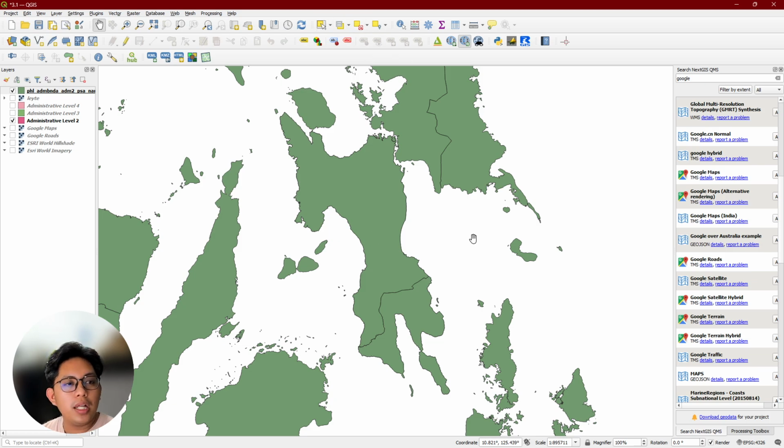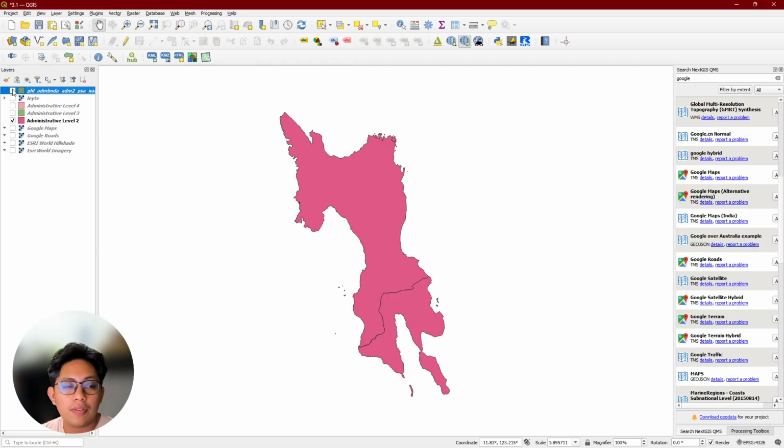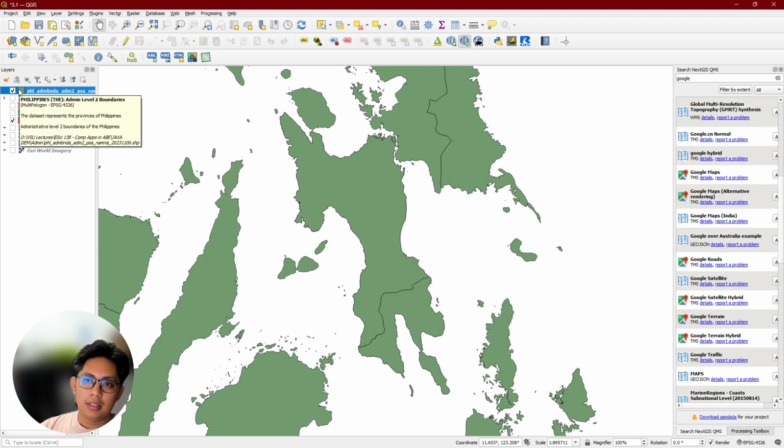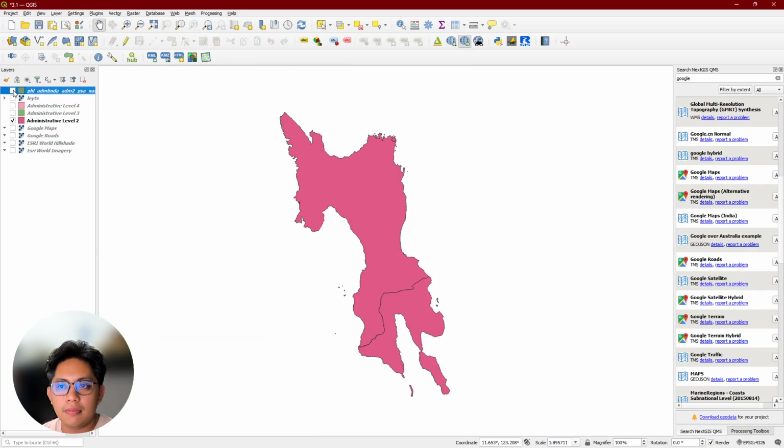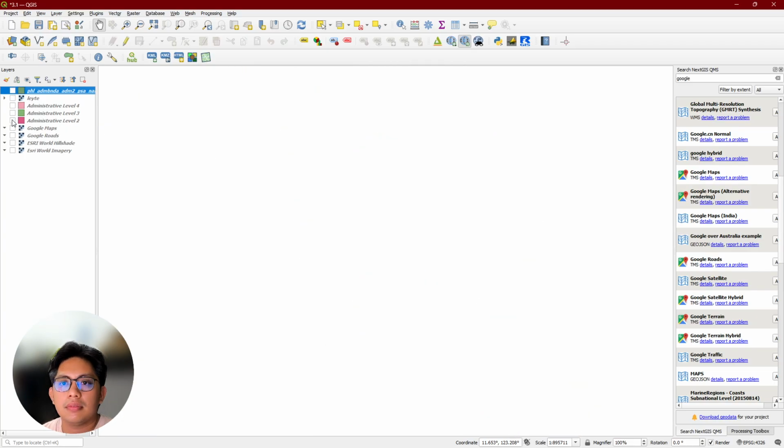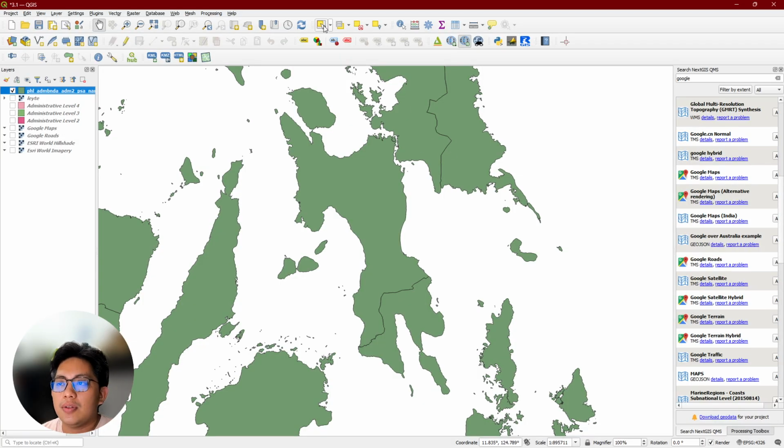So I want to isolate this to this. I want to choose Leyte only. Leyte and Southern Leyte specifically. You can do that by using this one.